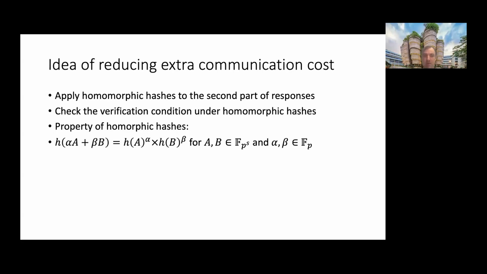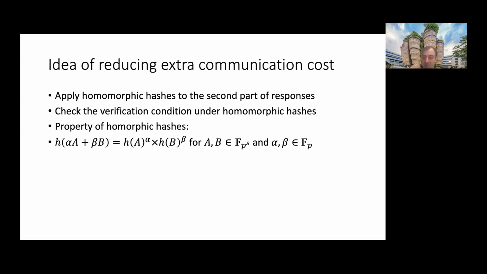The idea of homomorphic hashes is as follows. The homomorphic hash of alpha times A plus beta times B is equal to the homomorphic hash of A times alpha times the homomorphic hash of B times beta, for A and B from the extended field F_P^S and alpha and beta from